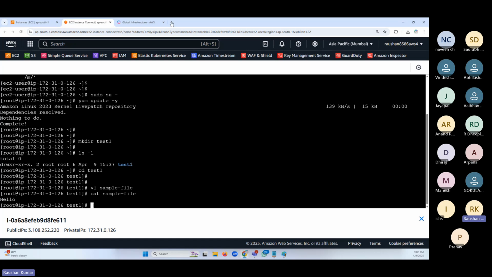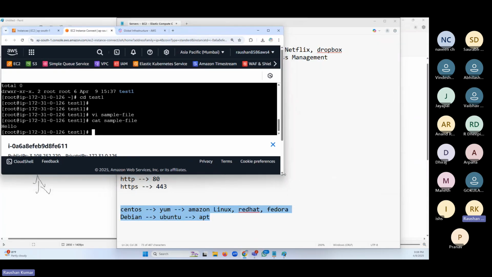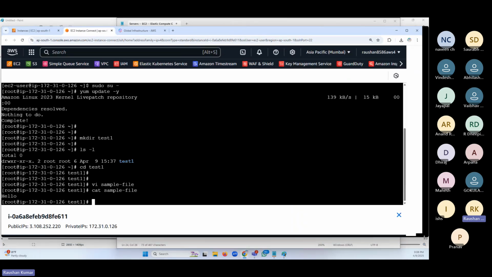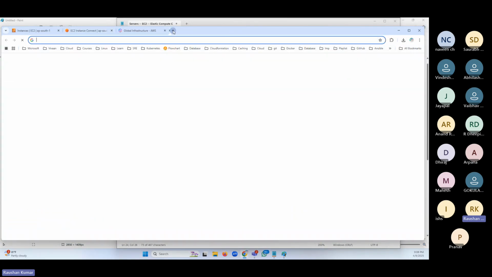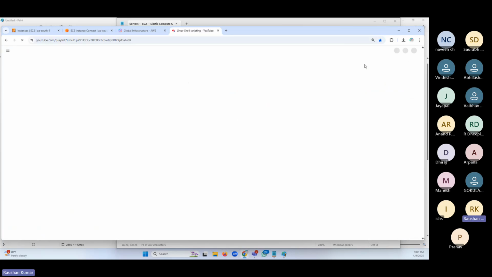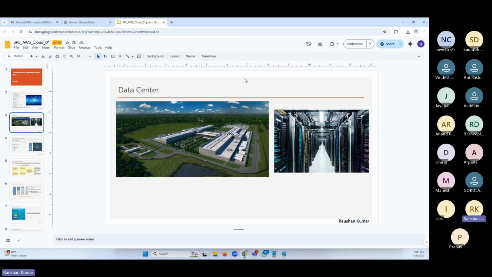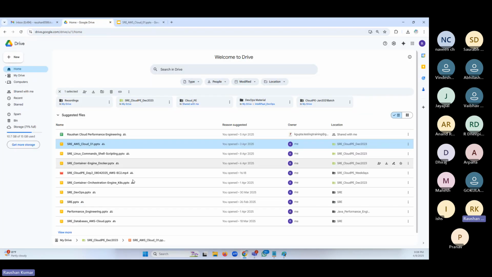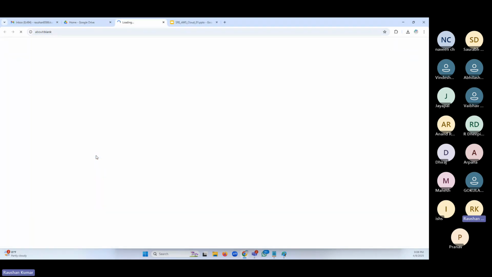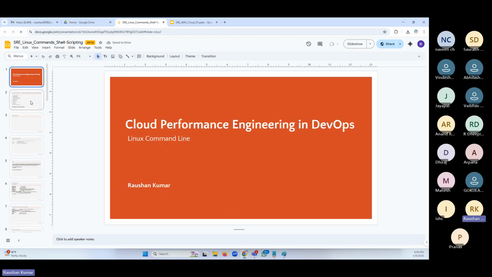I'll be giving you the Linux sessions, friends. As part of this, I'll be giving you access to the Linux recorded session and the PPT. You'll be able to practice and ask me questions. So this is the playlist. I'll be giving you access, and you will see all the commands being executed hands-on. Along with this, I'll also be sharing the PPT. You'll be able to go over the PPT and learn from there. You can see a lot of commands have been given.